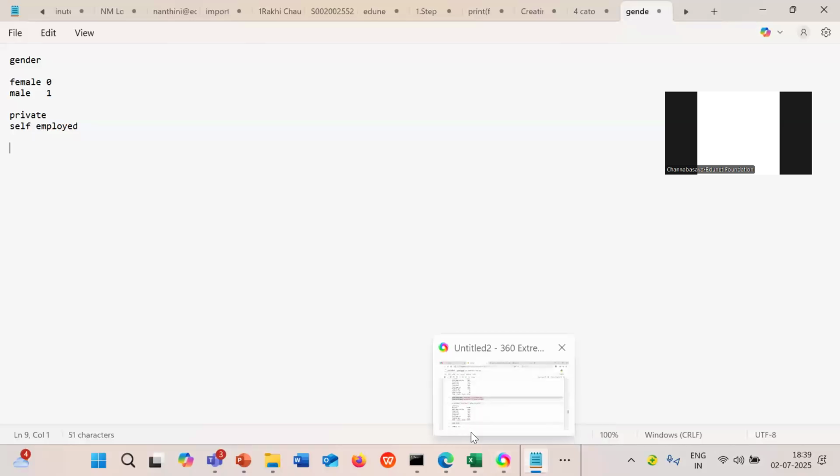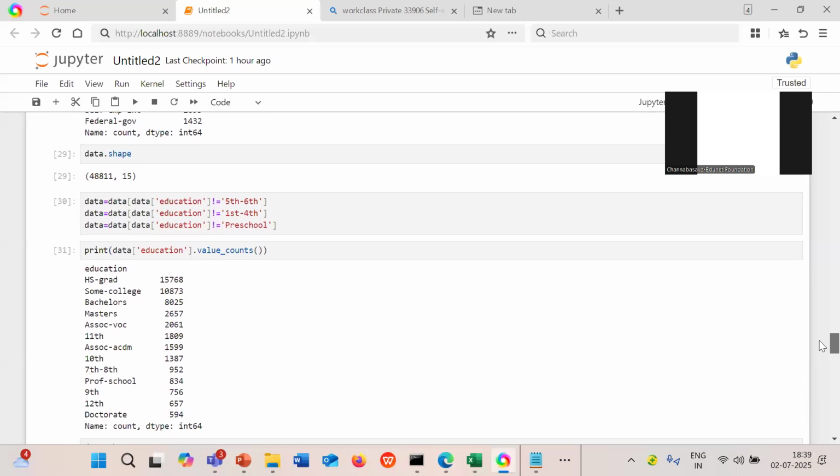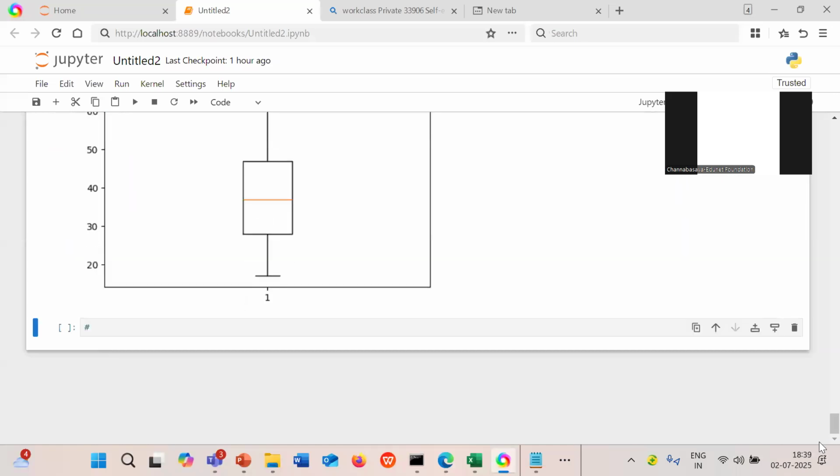Can anyone tell me the next category, government? Okay, local government. So these are some of the categories, and they will be converted into 1, 2, 3. Similarly, all the subcategories under this data will be converted into different encoding labels. Now we are going to do label encoding.